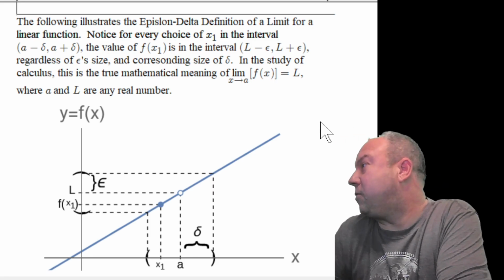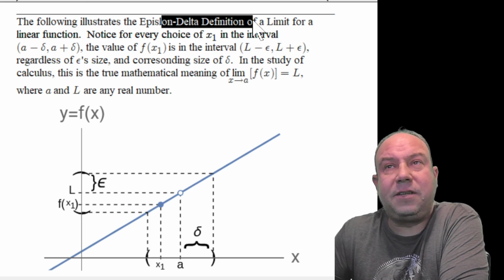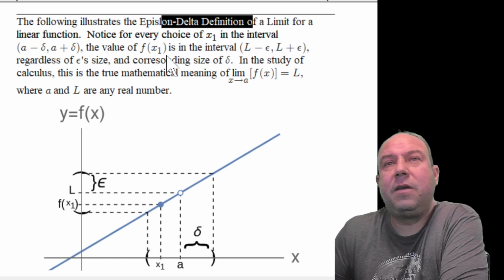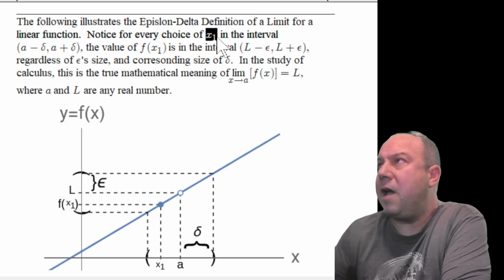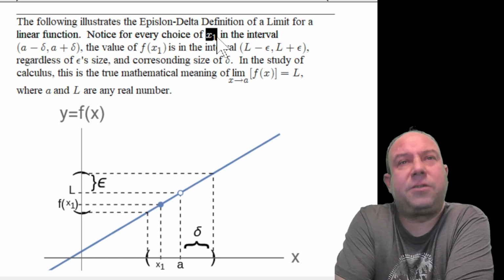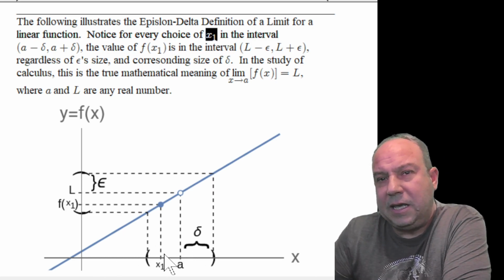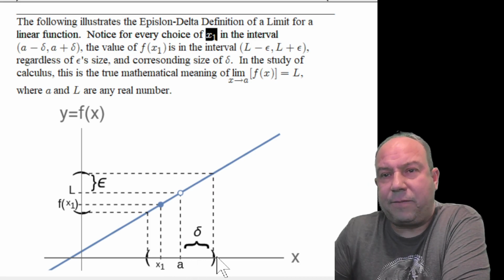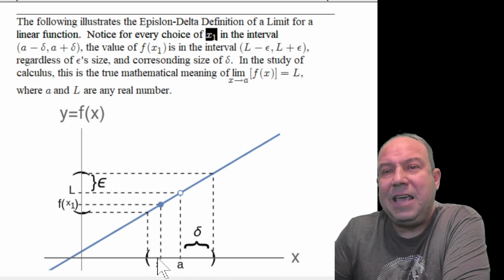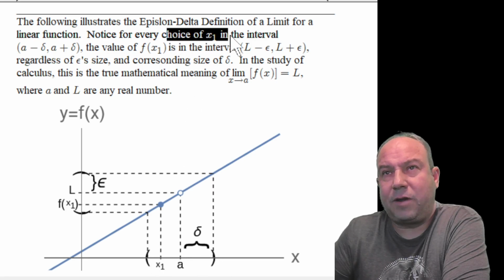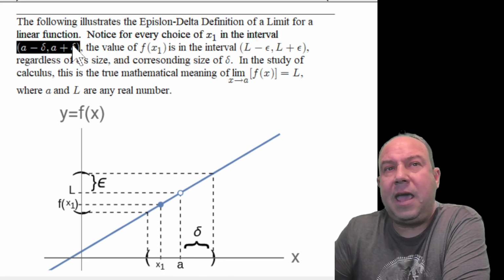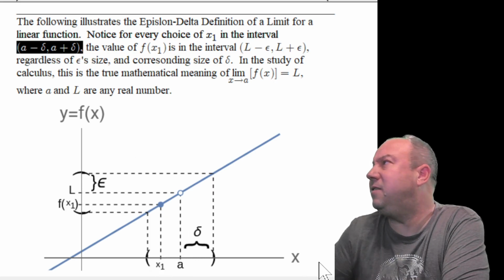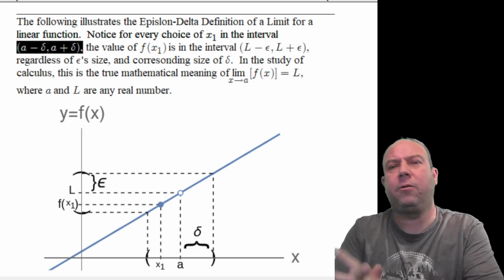I say the following illustration of the epsilon delta definition of a limit for a linear function is given. Notice, for every choice of x sub 1 in this illustration, now where is x sub 1? Here is one choice for x sub 1 I'm illustrating down here. But no matter, for any choice of x sub 1 in the interval a minus delta, a plus delta, delta being the size of boundary that we're placing around the value of a,